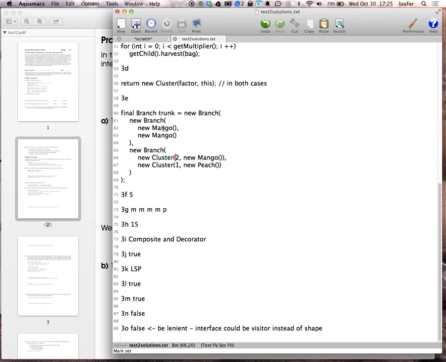So as we said earlier, yes, composite and decorator are the key patterns here. We did not use abstract factory here, although the abstract factory pattern is a useful one that could be used in conjunction with these kinds of component hierarchies. Except here we didn't have to. But the way that works is, for example,